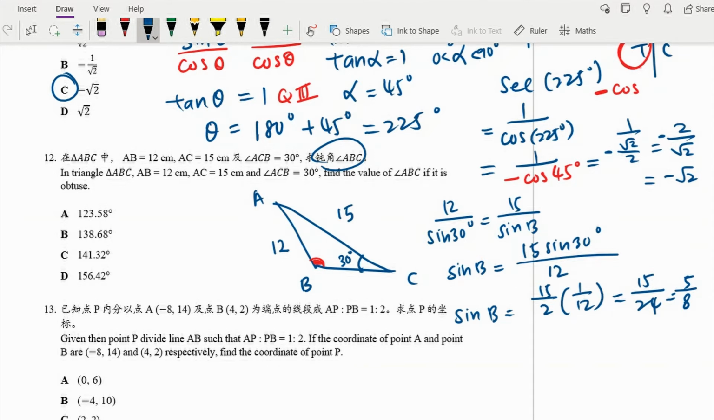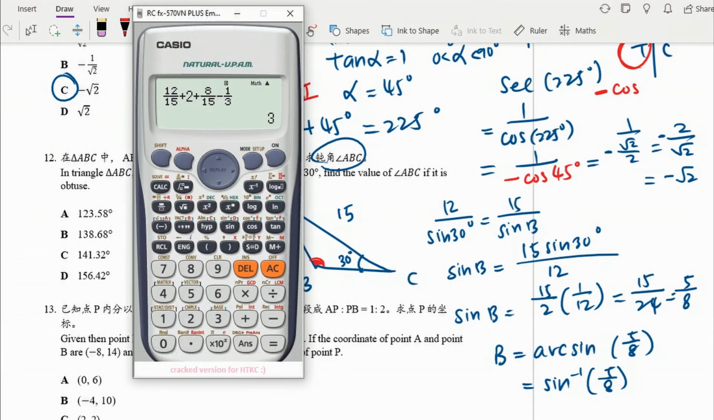the answer is already decimal, so I think we'll use the calculator. So B should be arc sine of 5 over 8. Or you can write it like this, but make sure you don't confuse yourself. They are actually the same. But I prefer to use arc sine. So arc sine or sine inverse, or sine negative 1,